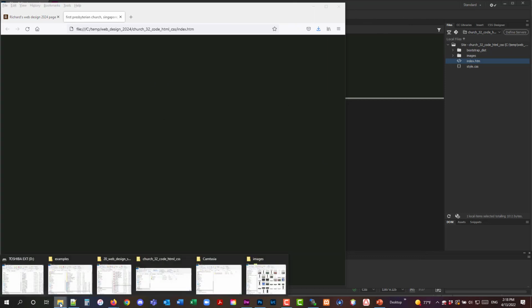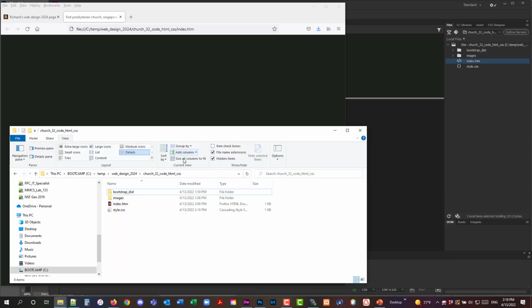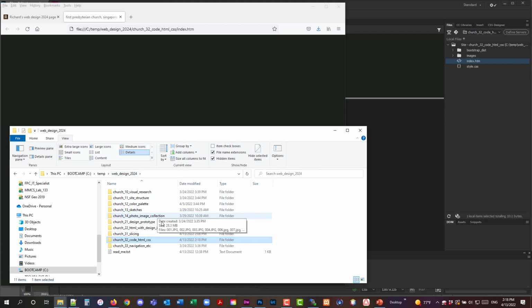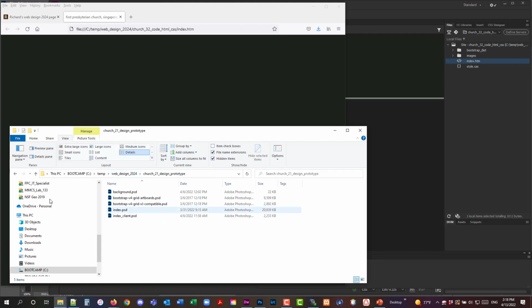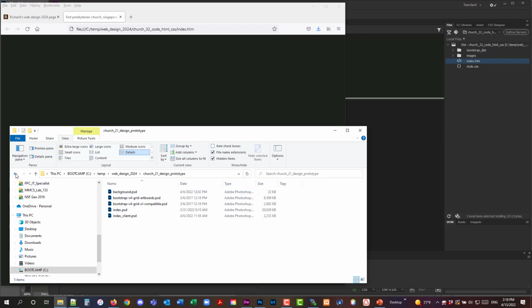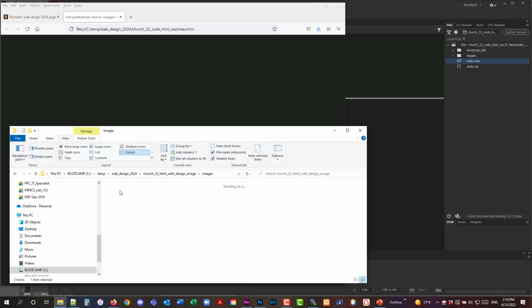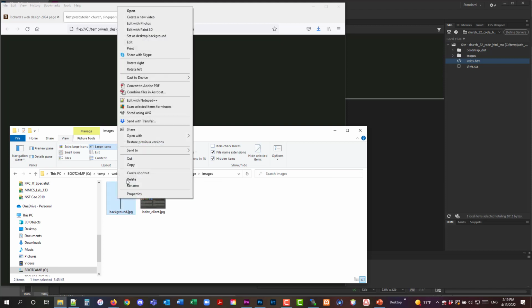And remember, we were doing a design prototype, and we created a background PSD file, and we exported that background PSD file to Church 22 HTML with design images. And we put it in the images subfolder, which is the background.jpg. We're just going to copy that,